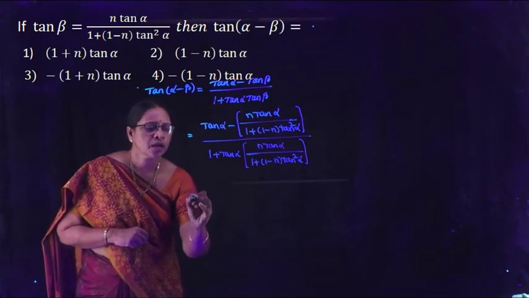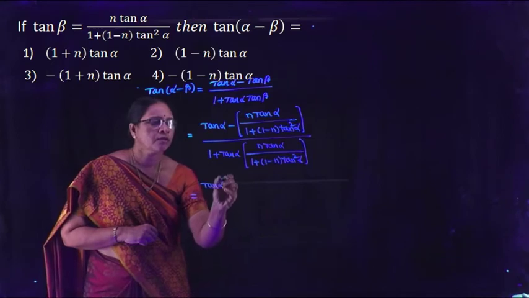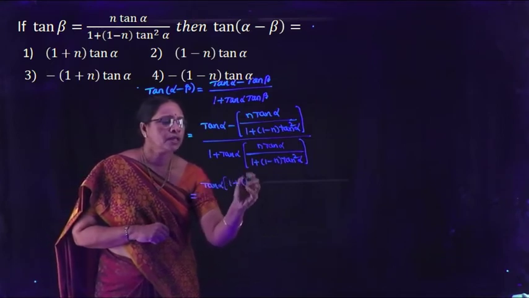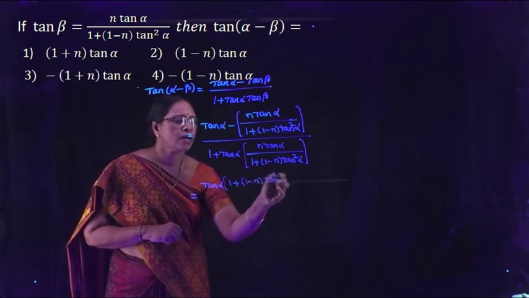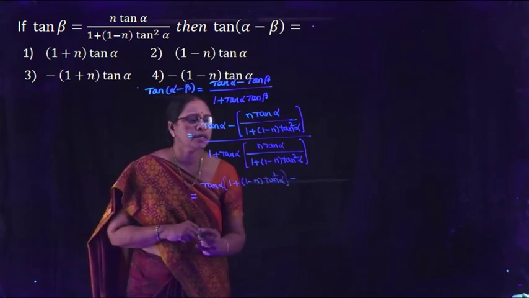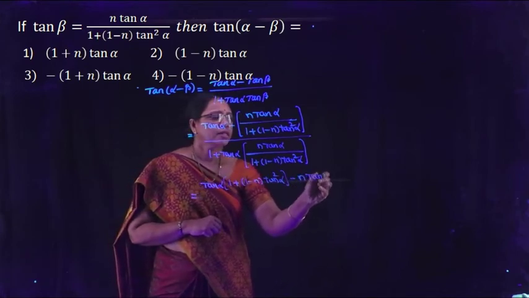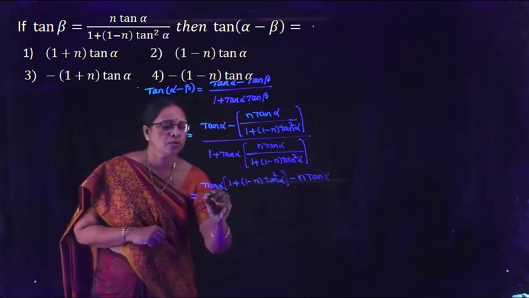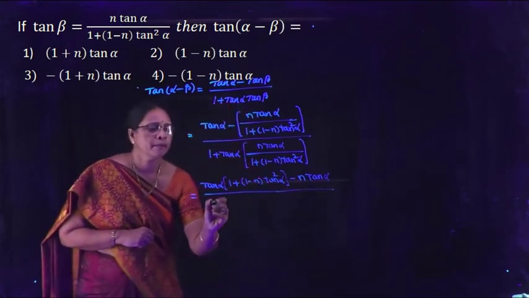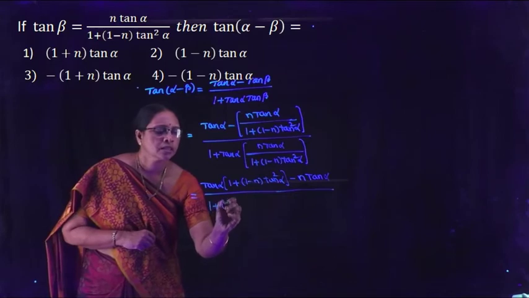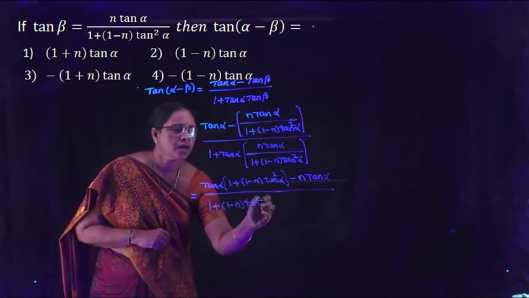Then we have tan α into (1 + (1 − n) tan² α) − n tan α, whole divided by (1 + (1 − n) tan² α)